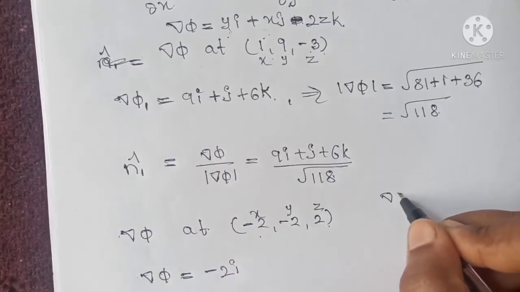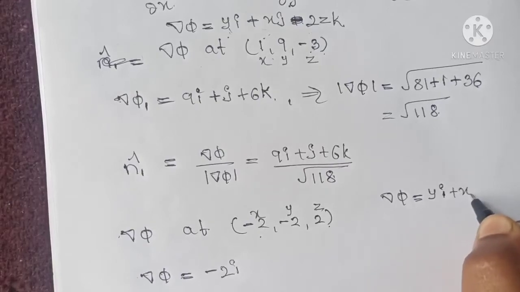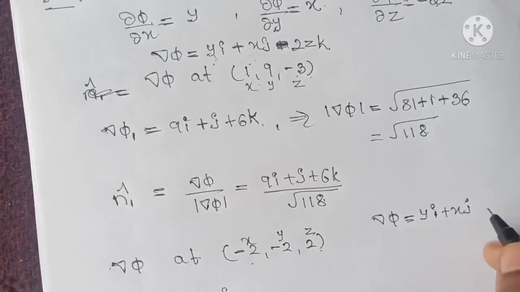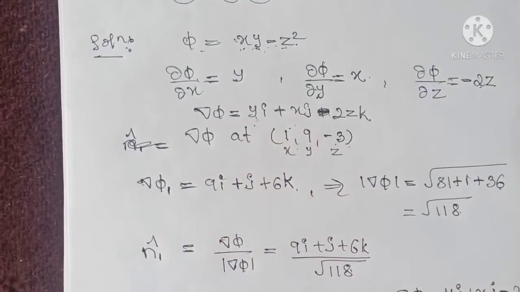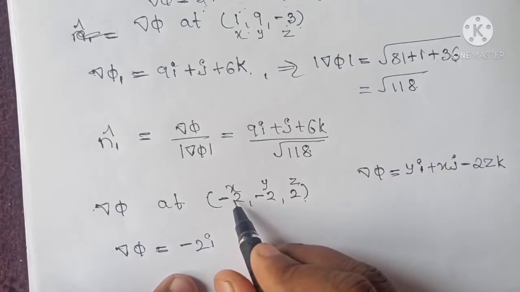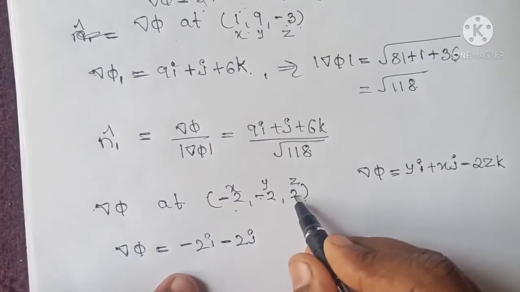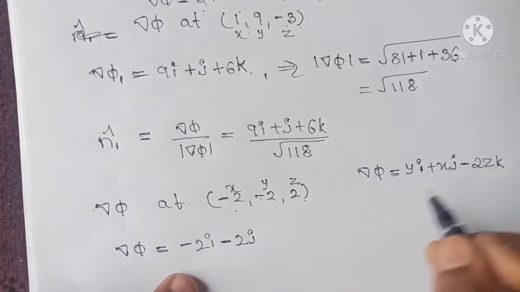Once again I will write the del phi value, y i plus x j minus 2z k. Now substituting the values we get minus 2i minus 2j, and minus into plus, minus 2 into 2,